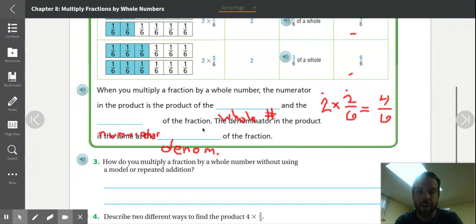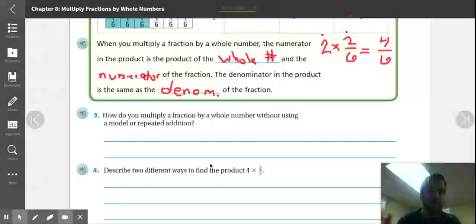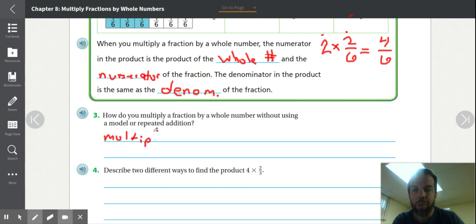All right, number 3 says, how do you multiply a fraction by a whole number without using a model or repeated addition? So that's what we just said. So how would we do that? Write this down in your books as you hear me click away. All right, so you would multiply the whole number